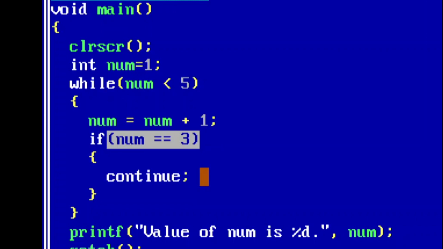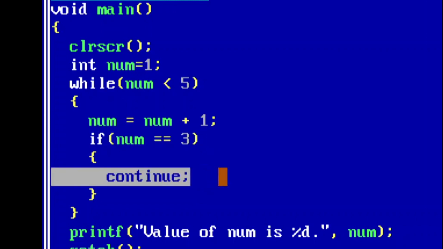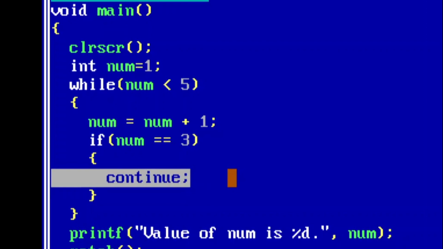So when num becomes 3, we continue. Now the continue statement will skip that repetition, and it will continue with the next repetition. Break will break the loop, whereas continue will only skip one repetition and start with the next repetition.